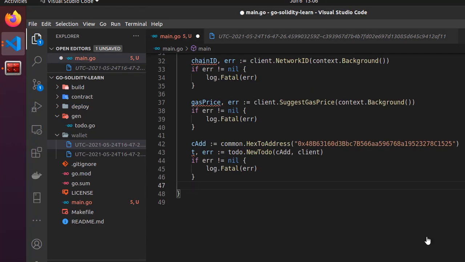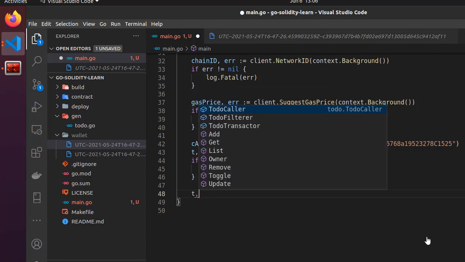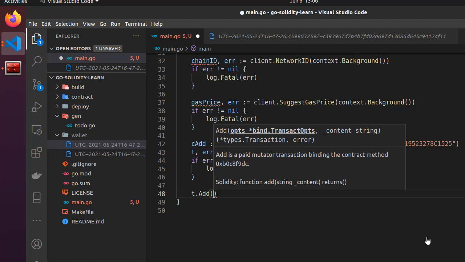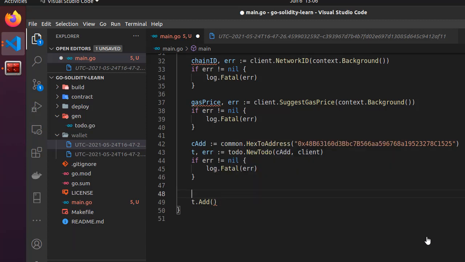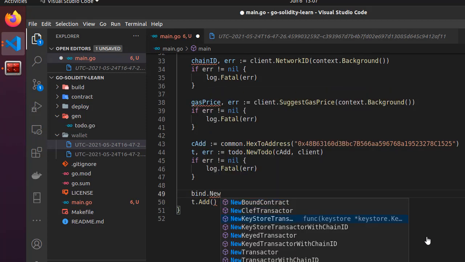Okay, so now let's use our Todo structure to interact with the smart contract. So let's first add a new task. Okay, so this Add function has two parameters, a bind transact option and the content of the task. Okay, so let's first add the transaction option, bind.NewKeyedTransactorWithChainID.